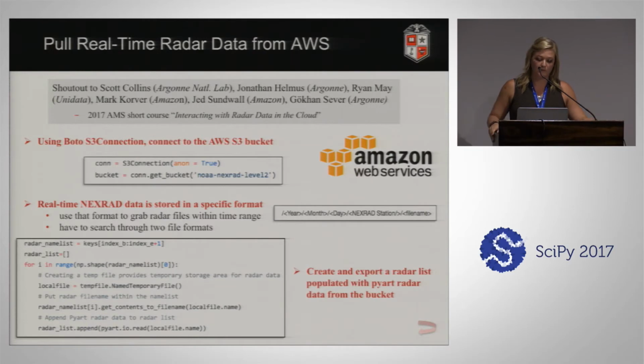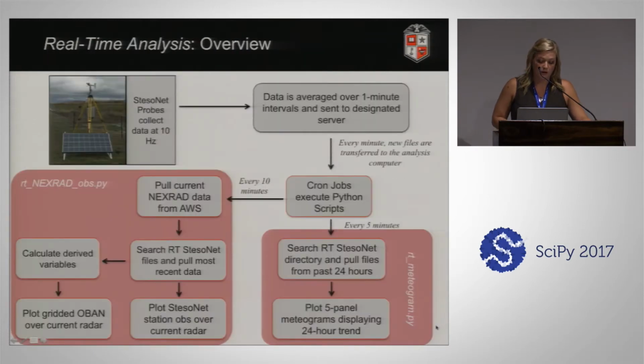And so thank you to that short course, but we get all of our NEXRAD data from AWS, so that's a big help. The data is within 5 minutes. We are able to keep it, do everything within 5 minutes, so that's pretty good for the real time. So after we pull our NEXRAD data from AWS, we need to go into our 23,000 files per day and